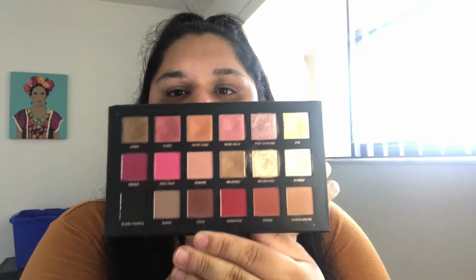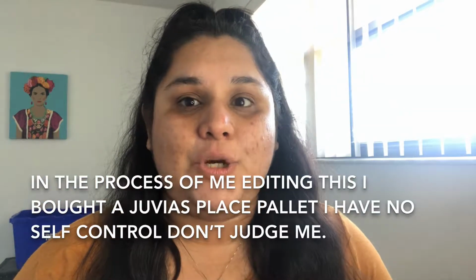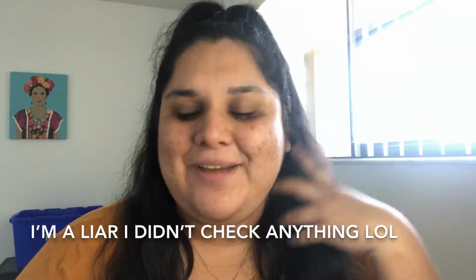So yeah, I got those, and I also got the Jackie Aina palette. I also got this Huda Beauty, what is this? The Rose Gold palette that I've used just a little bit. I have so many palettes right now, guys. I have bought maybe 5 or 6 palettes within the last month or so, and I think I really need to hone it in because I have so many palettes that I don't even know where to start. I honestly don't remember if in any of my other videos I talked about this at all, so I will review those, and if I did, maybe I'll cut it out, and if I didn't, I guess I'll leave it in. So I got this little Frida Kahlo palette,